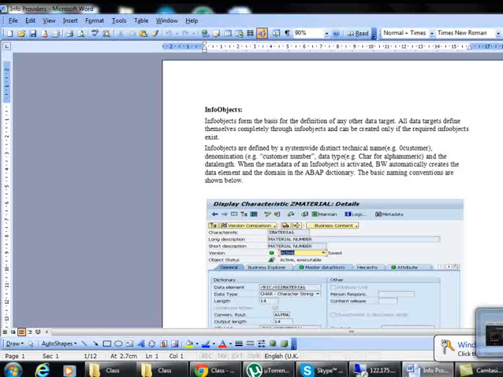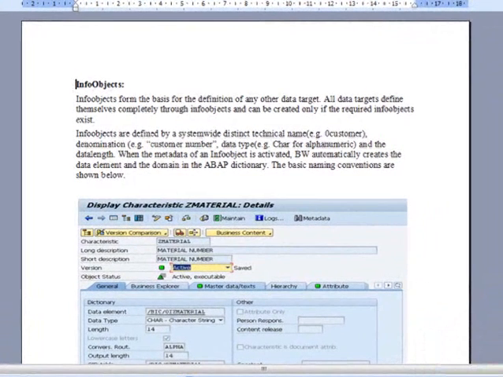InfoObjects are defined by a system-wide distinct technical name, like you have 0CUSTOMER. This 0CUSTOMER is a naming convention for the SAP-given InfoObjects. If you want to create a user-defined InfoObject, it should follow a naming convention of A to Z. It should be ZCUSTOMER or YCUSTOMER, depending on the naming convention your company is following.